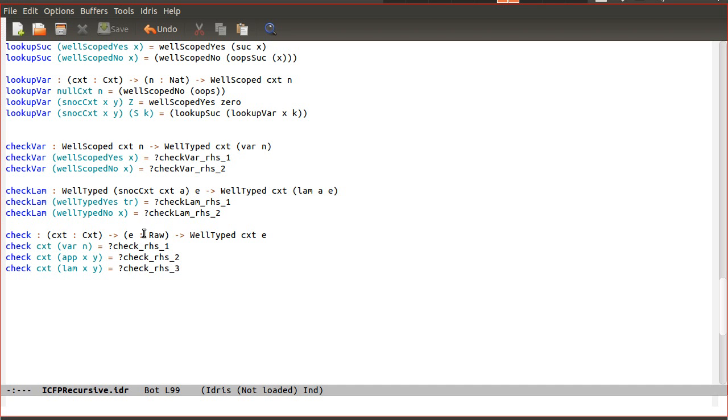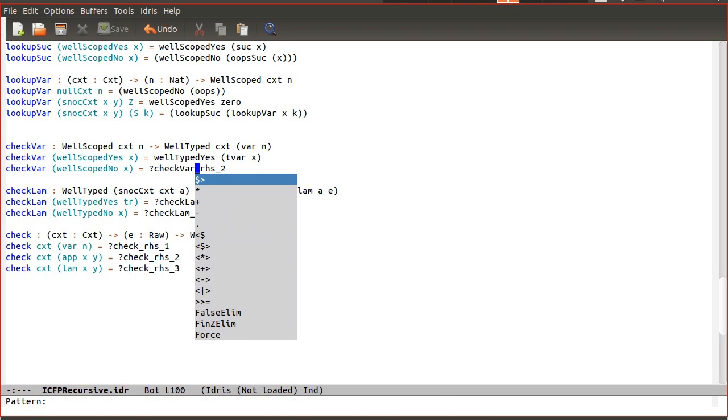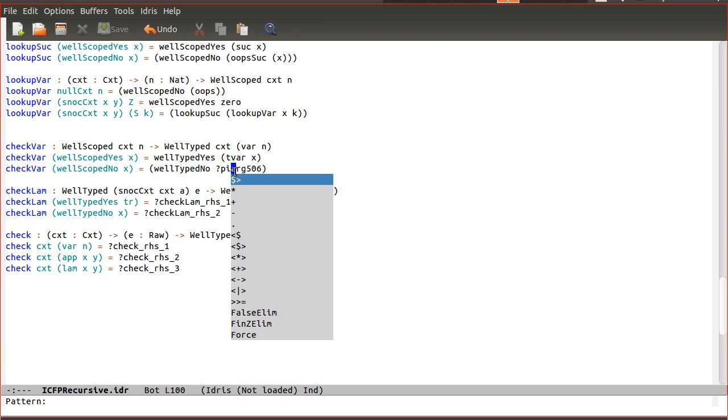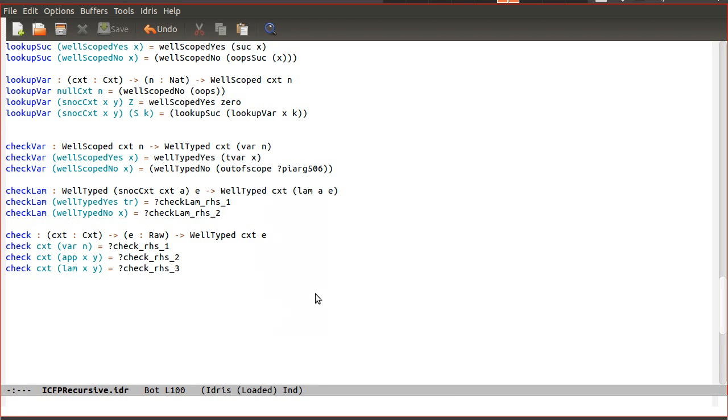So we're going to instead say that this is, if we have a typing decision that gives us back a type De Bruijn index for some variable, we can just build a type variable term from that. On the other hand, if it's not in scope, then the reason it's not well typed is that the variable is out of scope, and